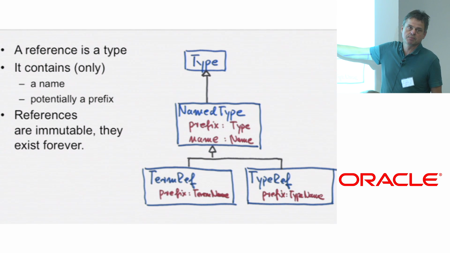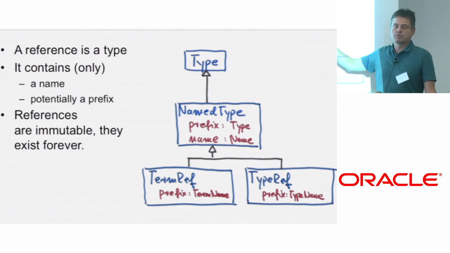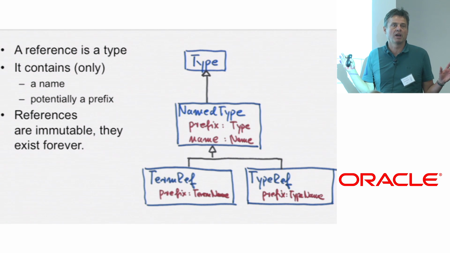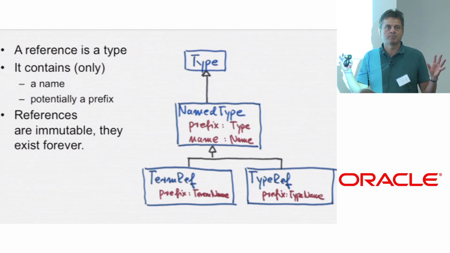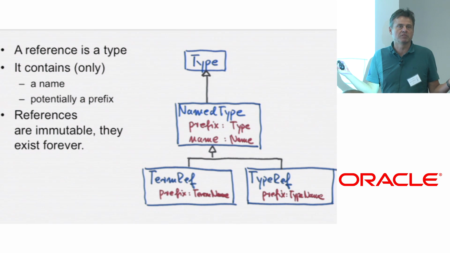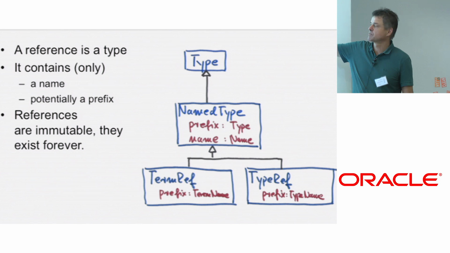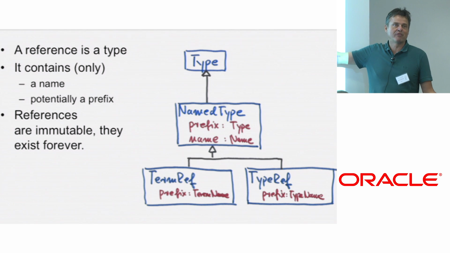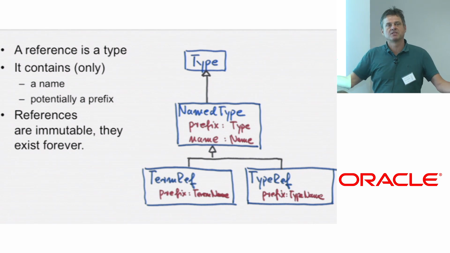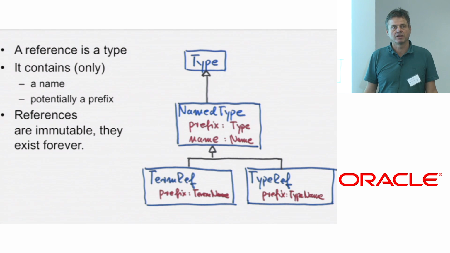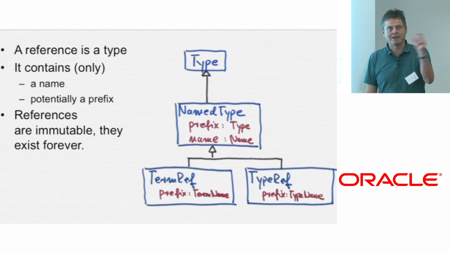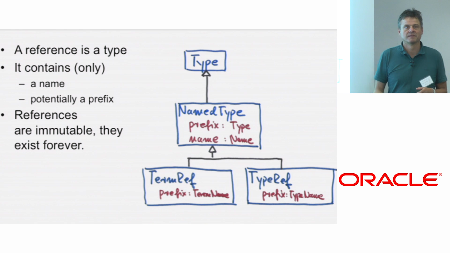So the type just says, well, if I have a selection, let's say, then I have a prefix, which is a type, and I have a name. That's all I have. So the type tells me that, and that's the only thing that's immutable. That's the only thing that would be valid for all periods. Whereas if I ask, well, what does this reference mean? Then that depends essentially on the current state of your database. So that's time varying, and that's a denotation. So that's the difference. One is time varying, the other is constant.